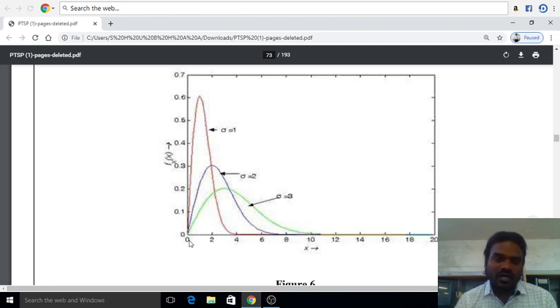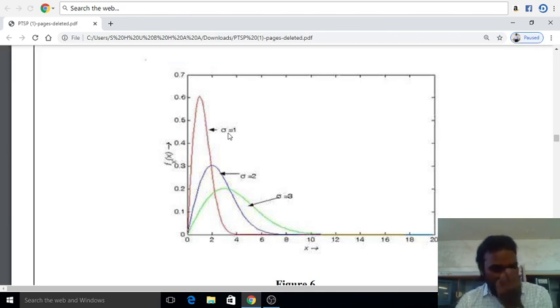That means we are treating this as a completely continuous variable from 0 to 20, so that we are examining its probability density function from 0 to 20 by selecting the parameter